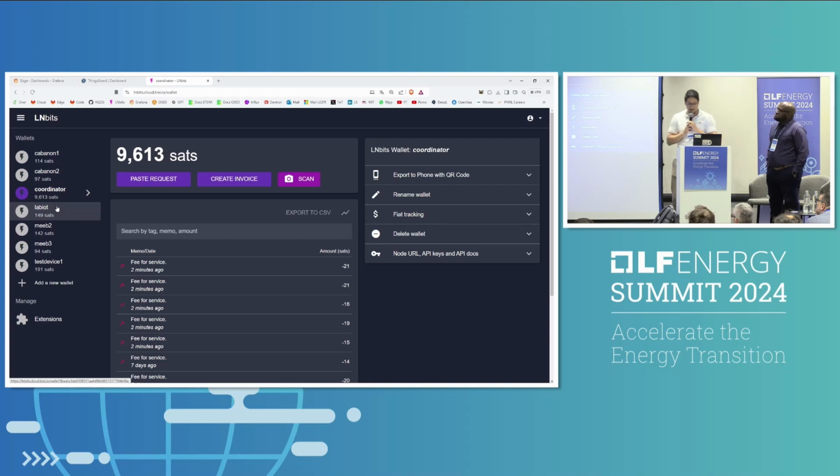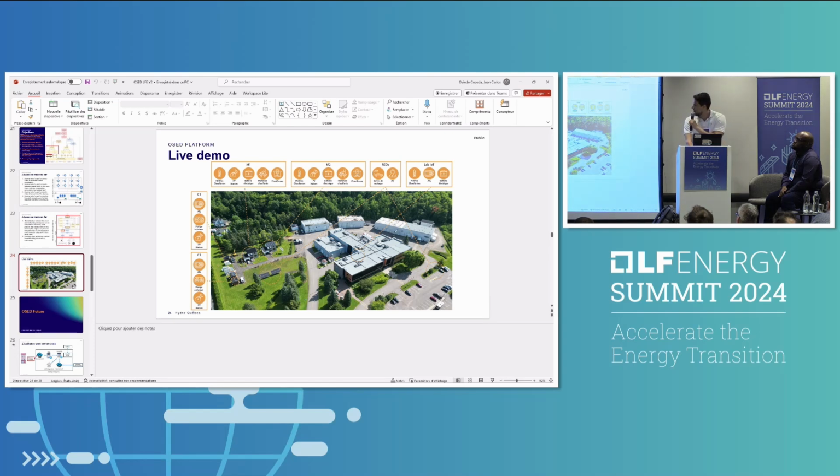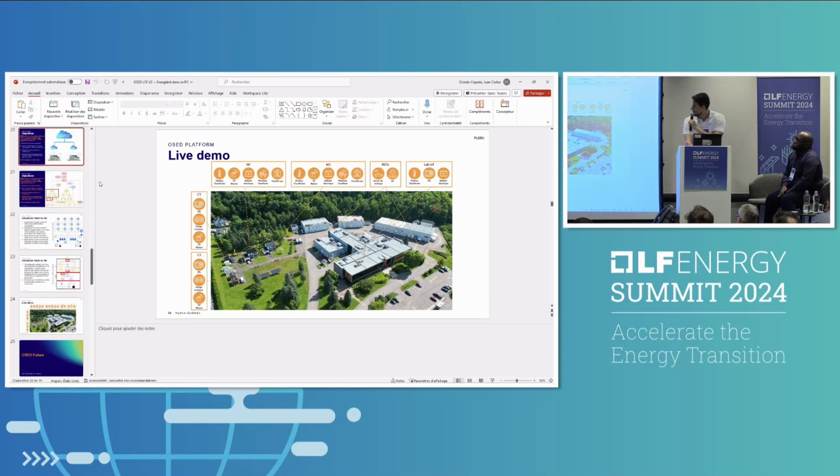So I don't know how we are on time, but we can just wrap up, and maybe if people have some questions. But the idea is to deploy a system on the edge, which is the DERMS EDGE Coordinator, that we deploy on the devices, on the buildings themselves.